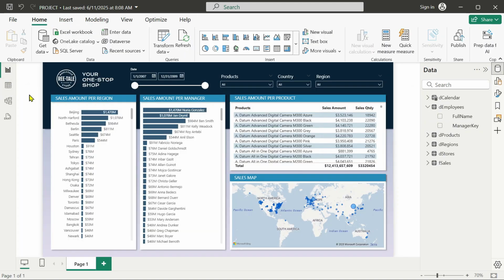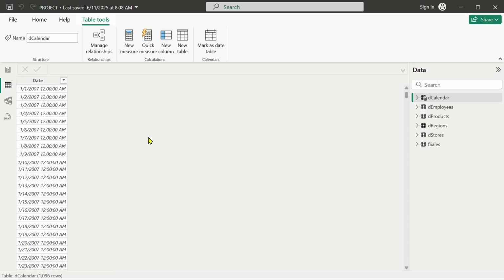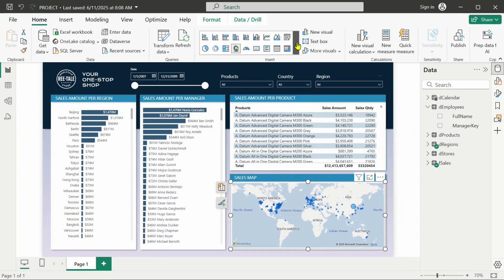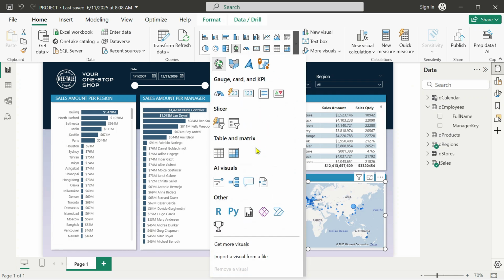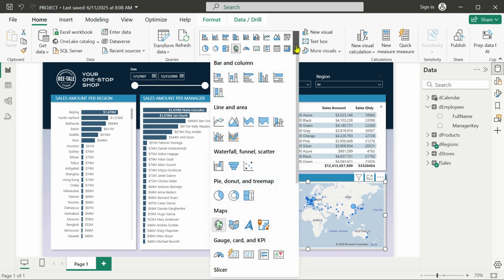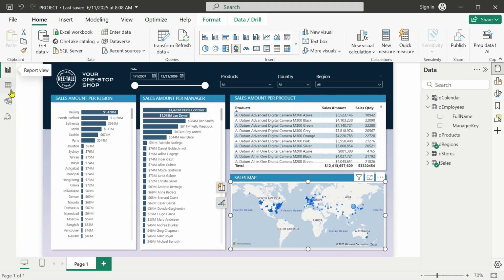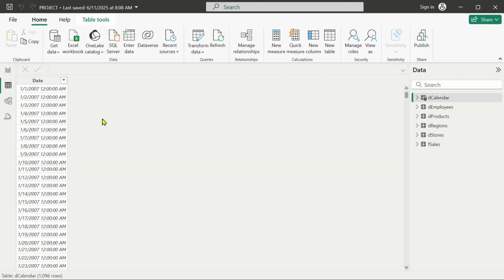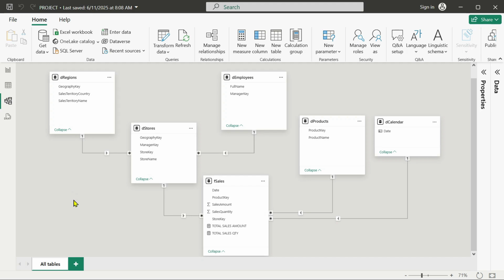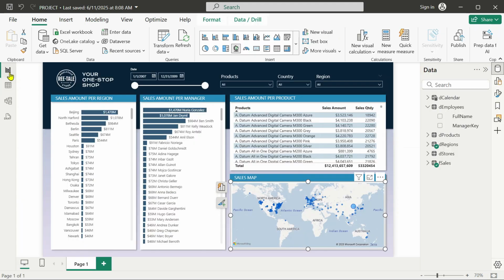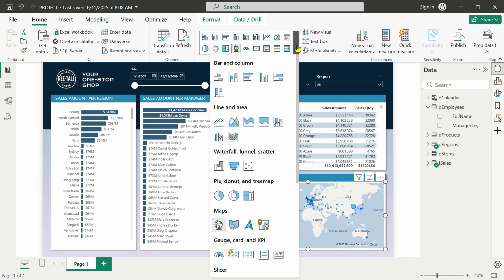The report view is where you build all of your visuals and slicers, and this is all created in the report view. You cannot create visuals in the table view. Actually, look at this. You have this pane with all of the visuals available to you, but this pane only appears on the report view. It does not appear on the table view, of course, because you have no space for visual creation here. And on the model view, you cannot add visuals here either. So, like I said, the buttons and the panes that are available to you only make sense depending on what you're doing right now.